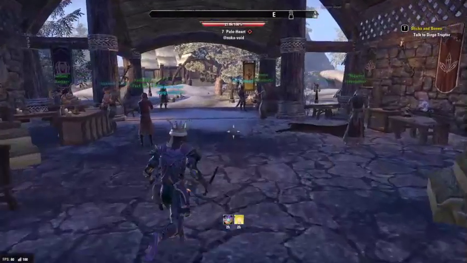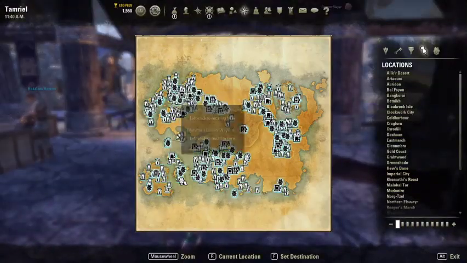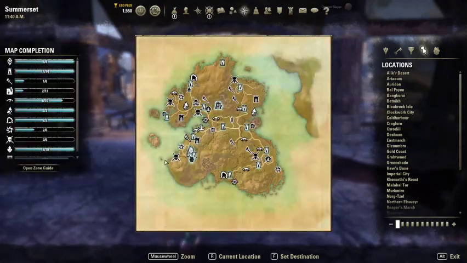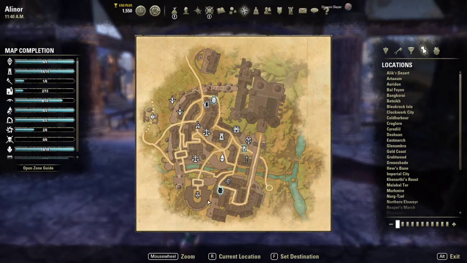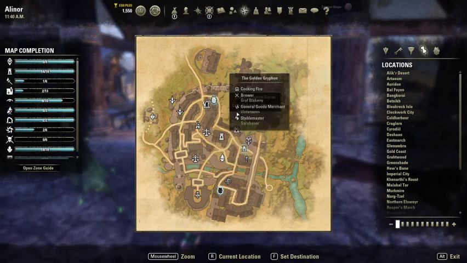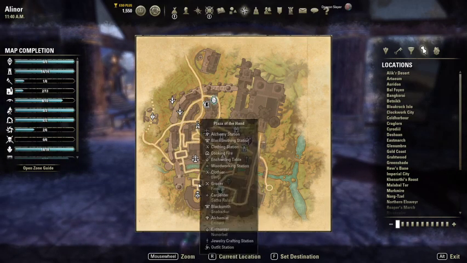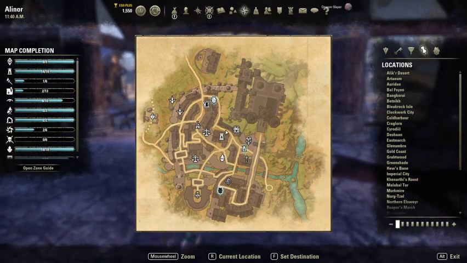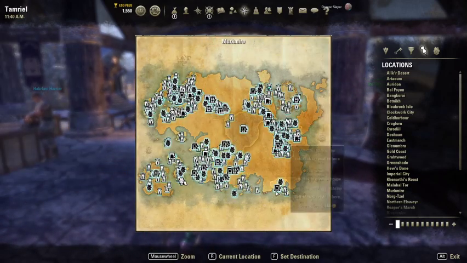And if you come over to good old Eleanor, you notice that you have all your crafting stations under one roof right here. And the banker's not too far away, right? So that's one of the best places to do crafting now, as well as